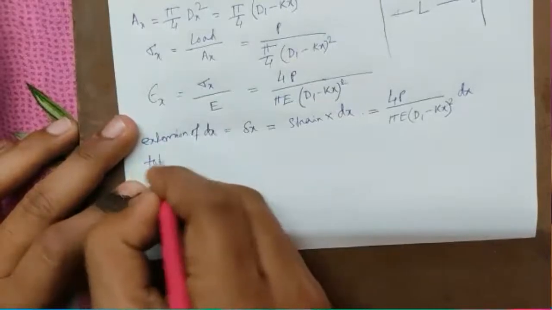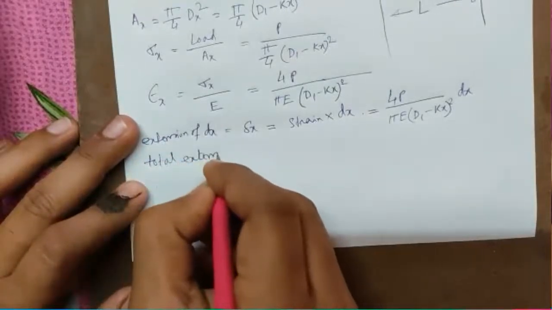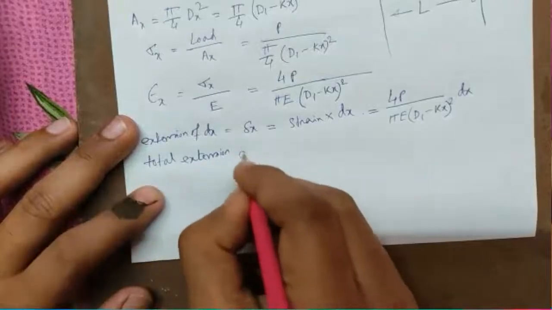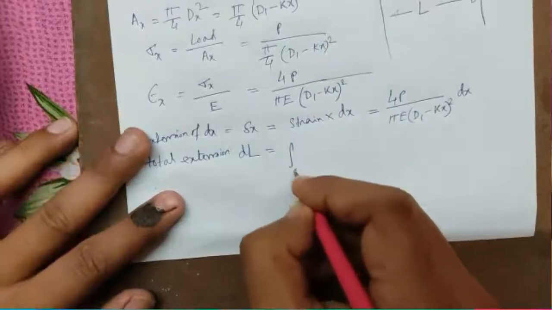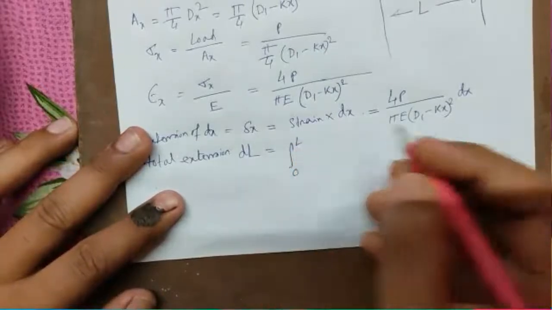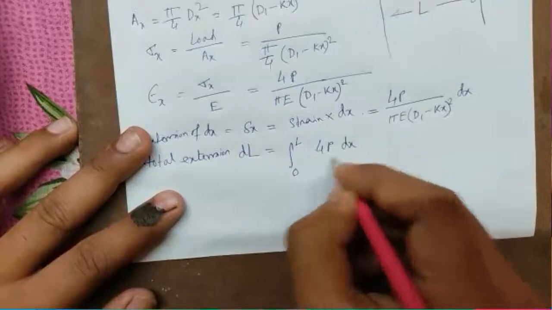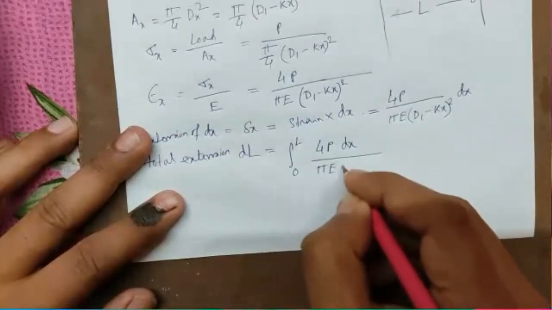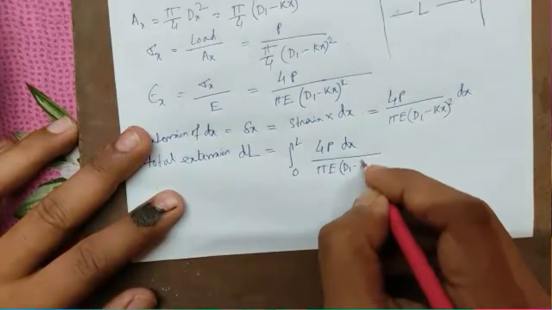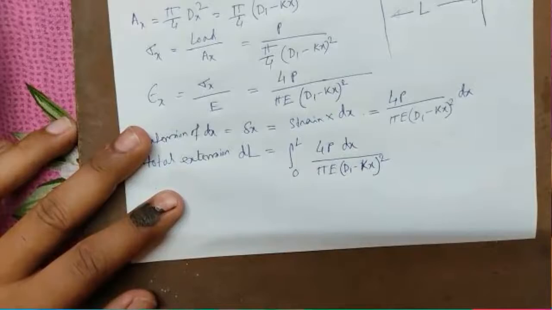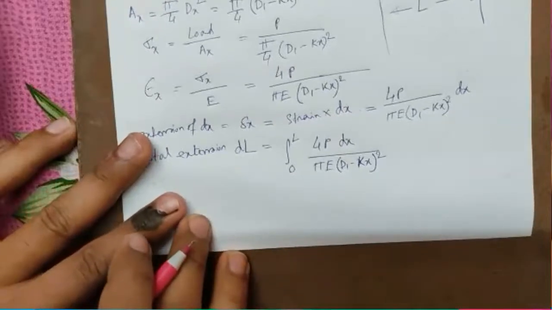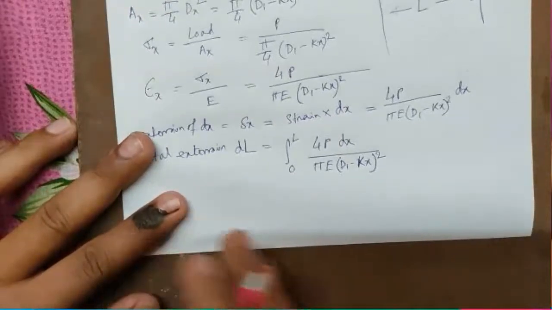Total extension. Total extension means dl, and that can be written as integral from 0 to capital L of 4p dx by pi e (d1 minus kx) whole square. Okay, so now you have to do the integration. So after integrating it, you will get